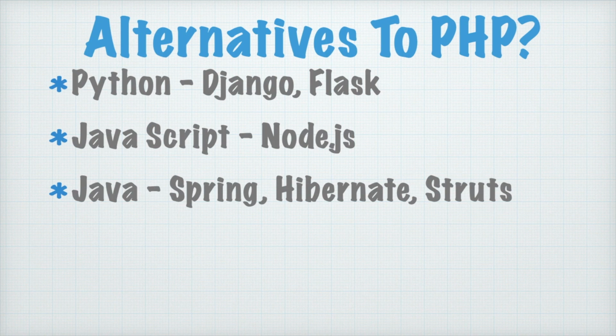So what is the alternative to PHP? If you do not want to use PHP, what can you use? If you love Python, you can start with Django and Flask. In the beginning, you can start with Flask. It is easier to learn, and then move towards Django. But if you love JavaScript, and I suggest that you should learn JavaScript because it is used in both front end and back end, then Node.js can help you in back end development. And for the front end, you can use React for JavaScript.